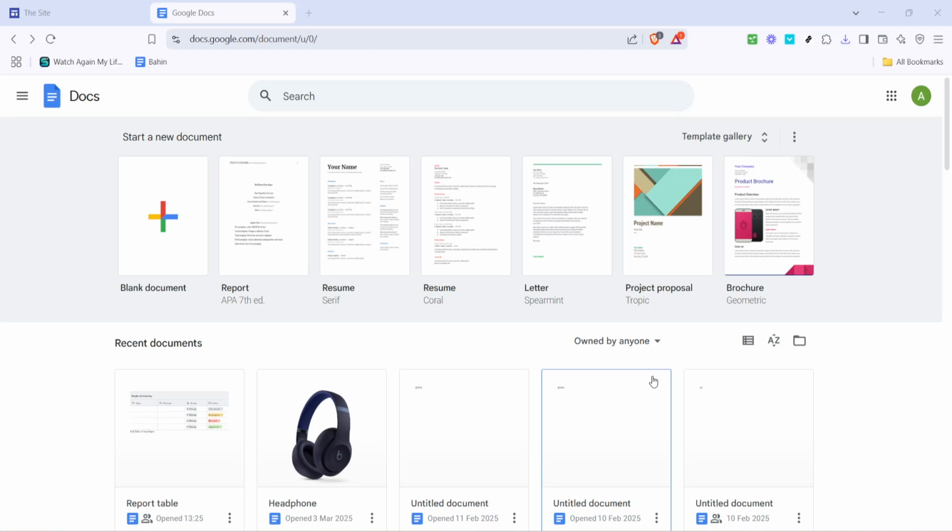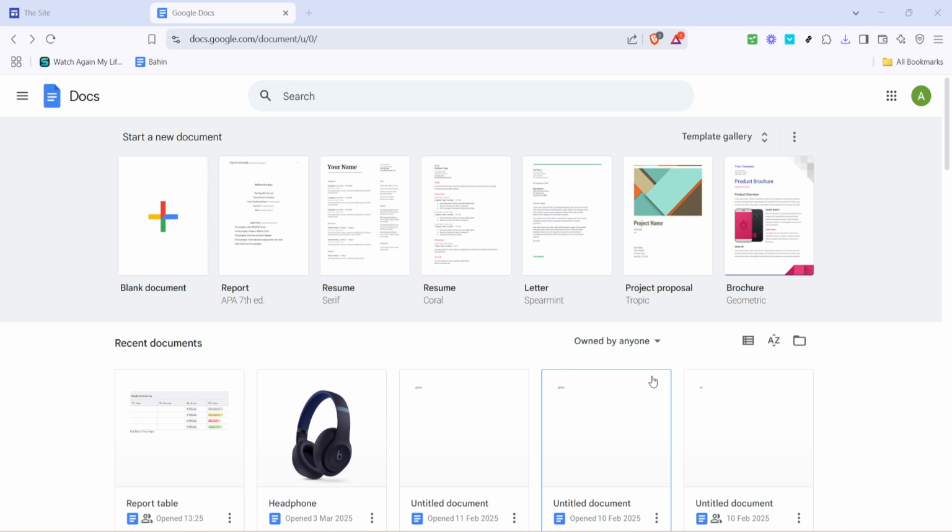In today's video, I'm going to teach you how to insert a table into Google Sites. Inserting a table can be incredibly useful when you're aiming to present structured data or information in a more digestible format on your site. So let's dive right into the process and make it as smooth as possible for you.